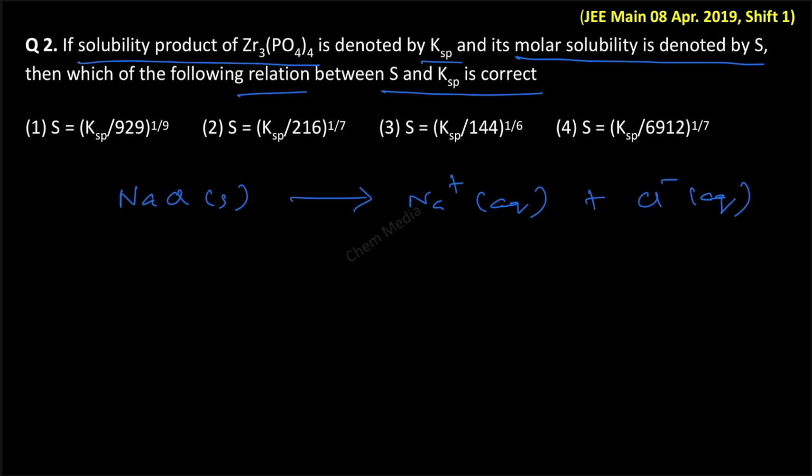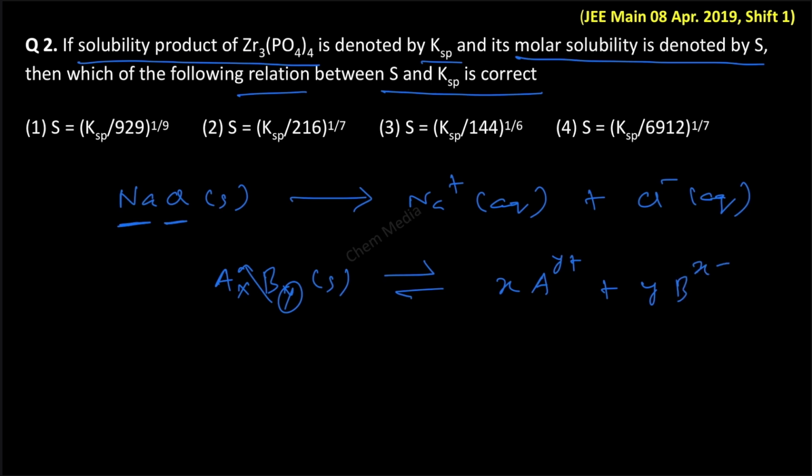So, basically when we write salts, we write the cation first and then the anion. Therefore, if we have a sparingly soluble salt, let us say AXBY, then its dissociation equation can be written this way. It would give us X times A to the power Y plus, isn't it? We have to cross multiply,